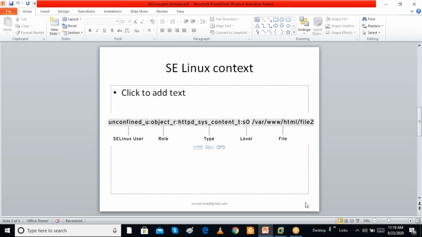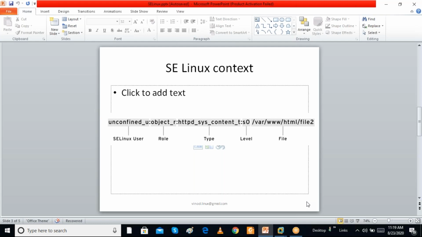If I check the context, the first field is the SELinux user, for example unconfined_u. The second is the role, the third is the type, and the fourth is the level. The third field, for example httpd_sys_content, is the one we are mainly interested in.